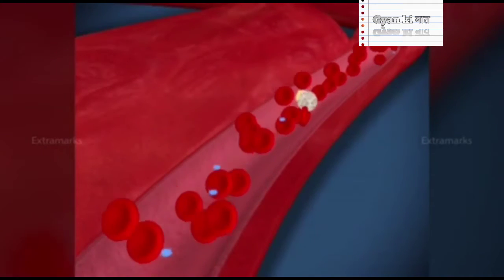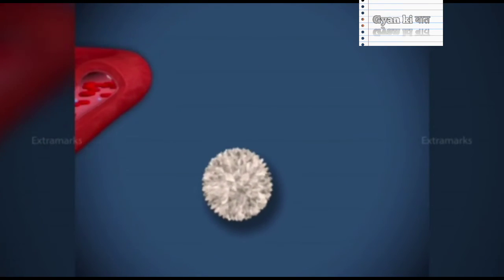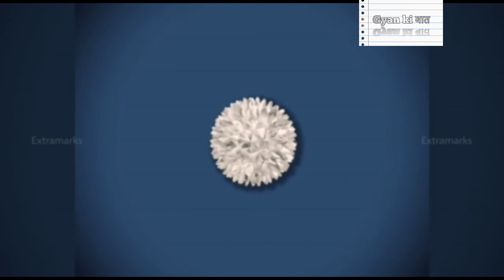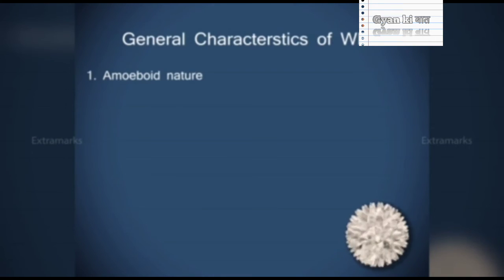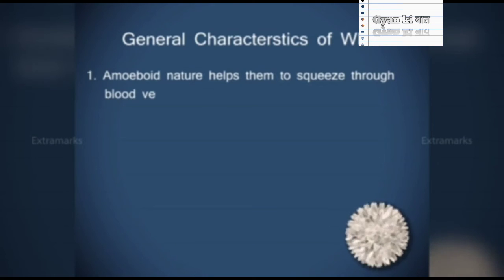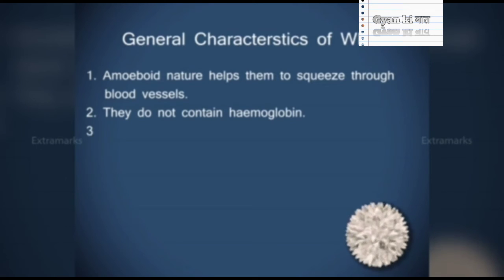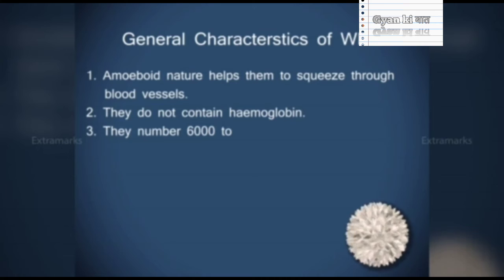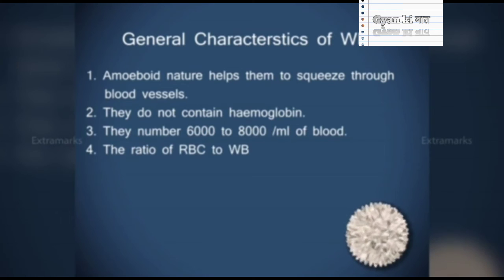The second cellular component is WBC or leukocytes. They are nucleated, have amoeboid shape, and play a significant role in the defense mechanisms of the body. The amoeboid nature of the leukocytes helps them to squeeze through the walls of the blood vessels in order to engulf bacteria. They do not contain hemoglobin. They number 6,000 to 8,000 per milliliter of blood. The ratio of RBC to WBC is nearly